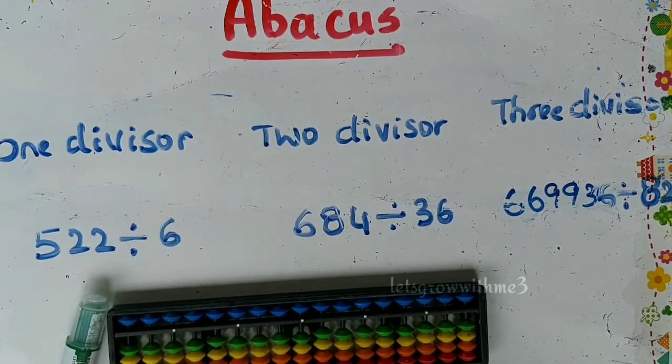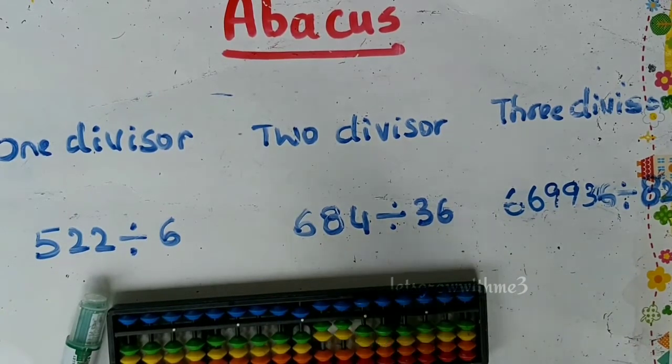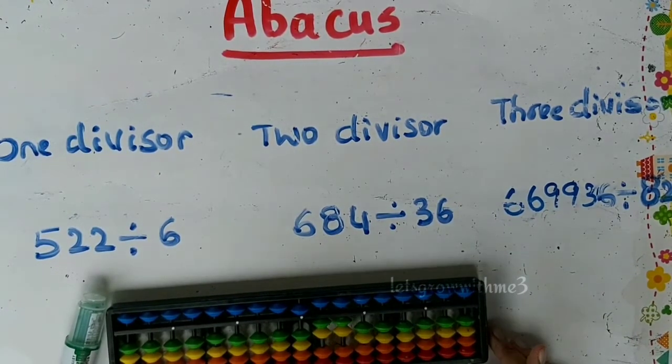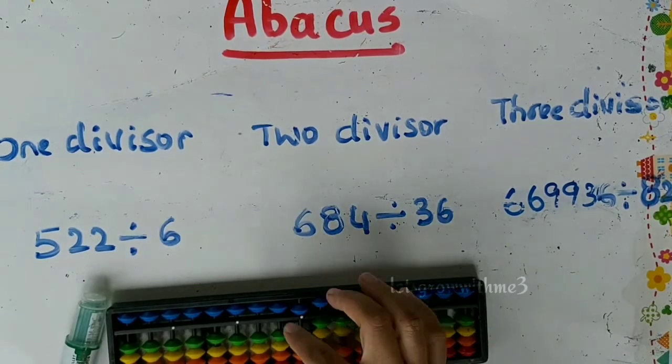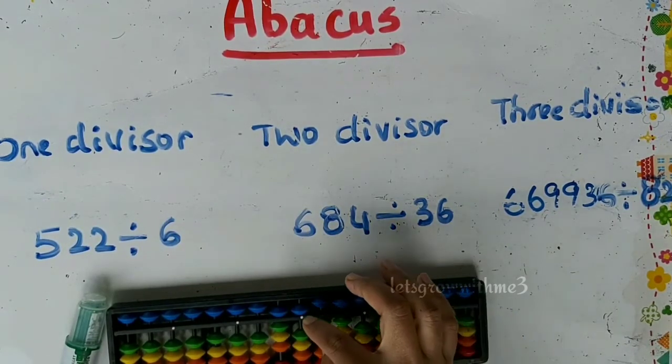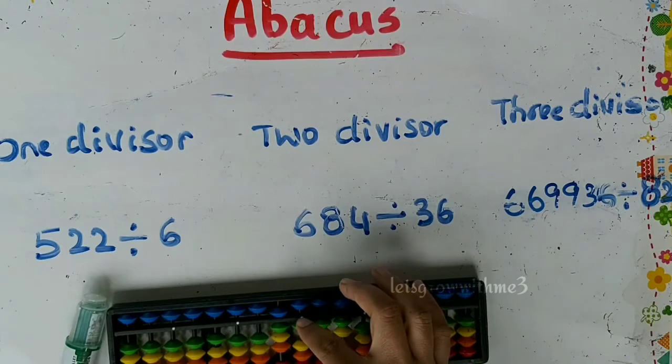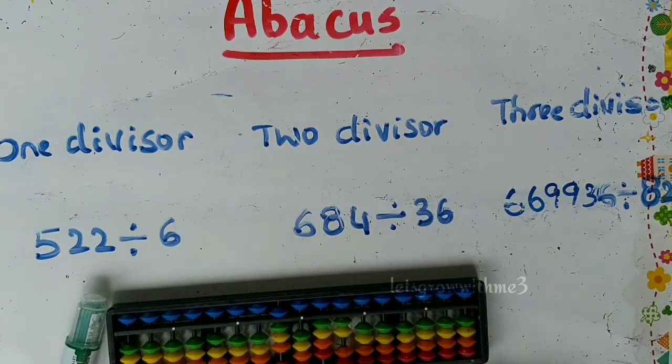So here in the first example we have 2 more digits. Then start from the 100th place and set 522. Okay, so now we should divide by 6. How to do it? We can't consider our first digit, we should consider the 2 digits. Okay, 5 and 2, 52. So 52 means how many times? 6 8s are 48. So let's remove 48 from 52. So we got 4.